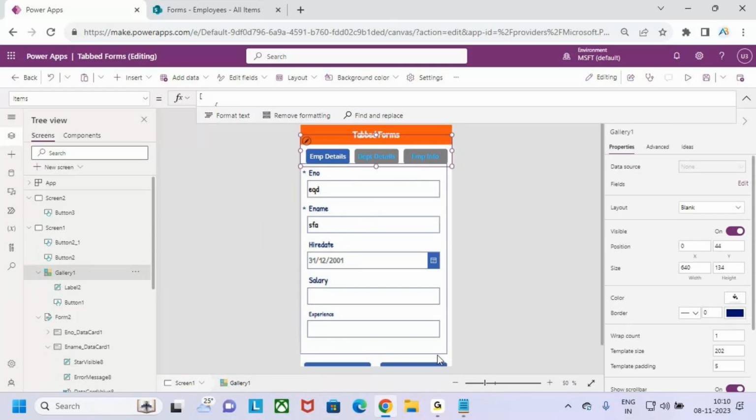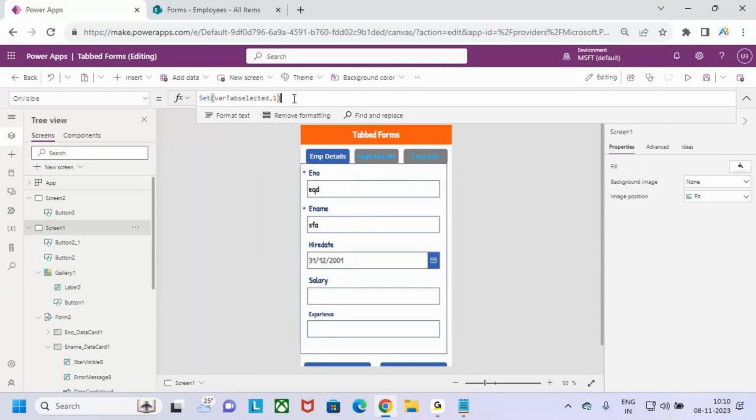Venki, yesterday's class, one query. Hmm? I got some error while I'm using the